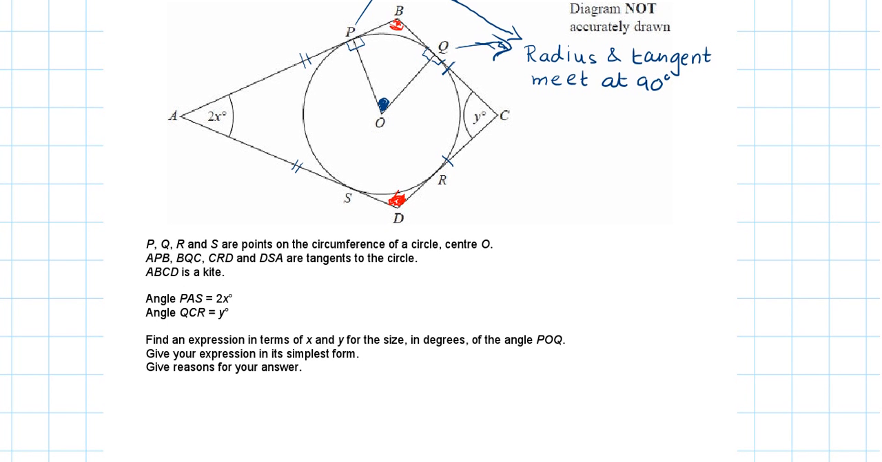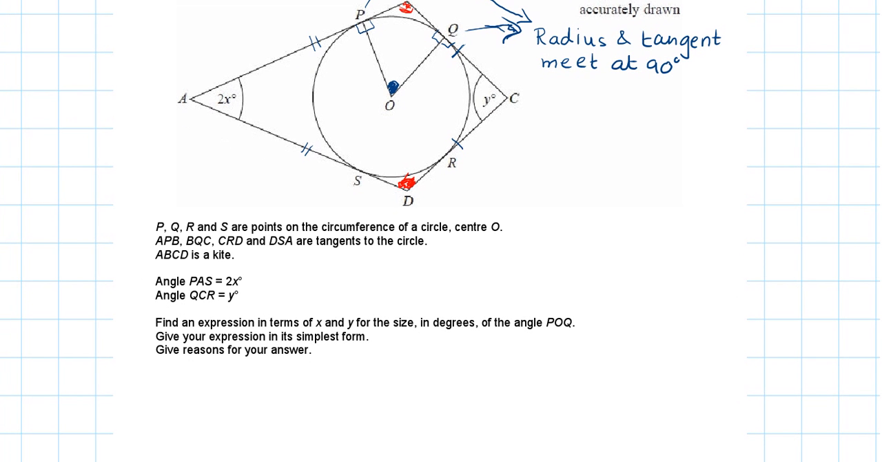Okay, so let's start off by saying angle PO, what's the letter over there at the top? PBQ. Okay, angle PBQ